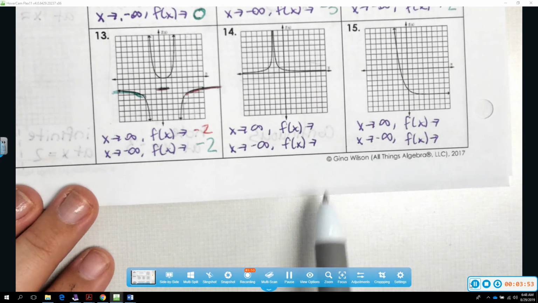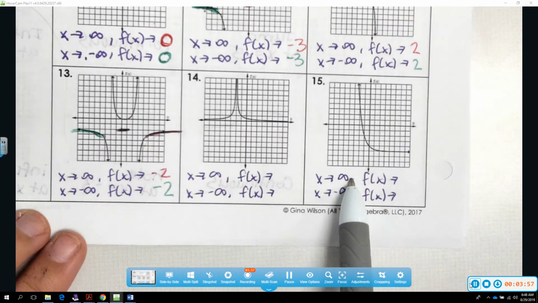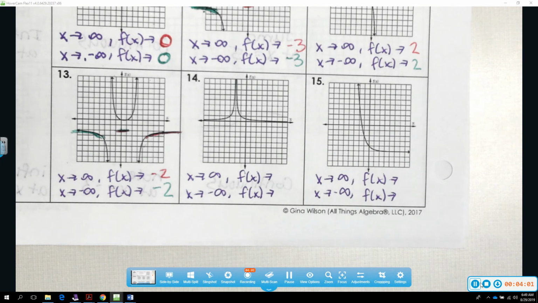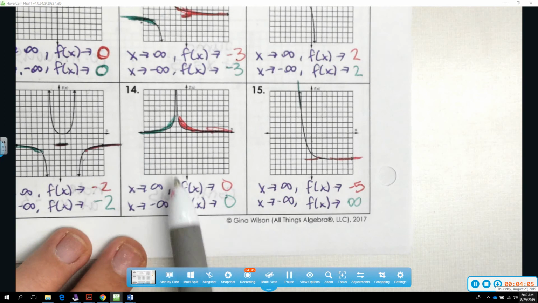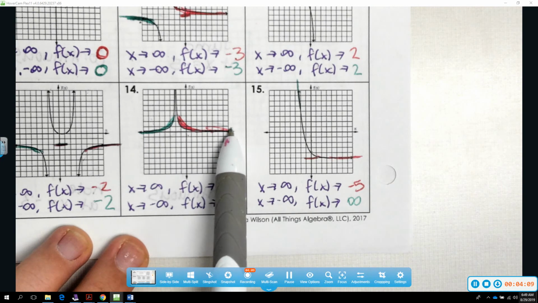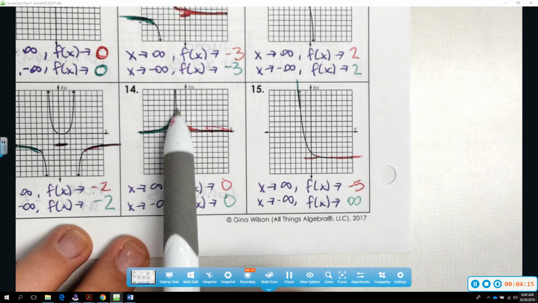Okay, go ahead and do number 14 and 15 on your own and see if you can get the answers right. Make sure you write in pencil so that you can erase if you make any mistakes. Okay, so for number 14, you should have had as x goes right, it doesn't go up or down, it approaches a number. It's approaching the x-axis, which is at 0. These are all y numbers. So right here, as we go left,